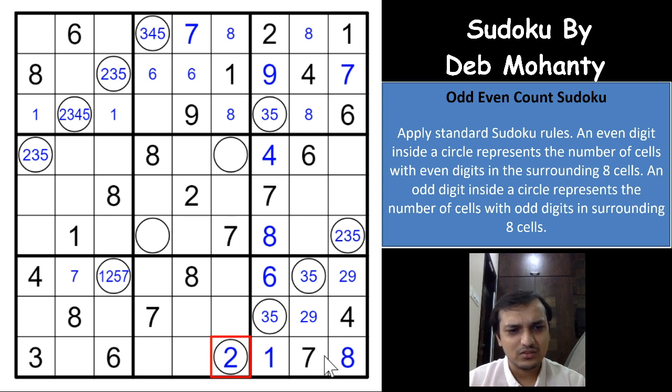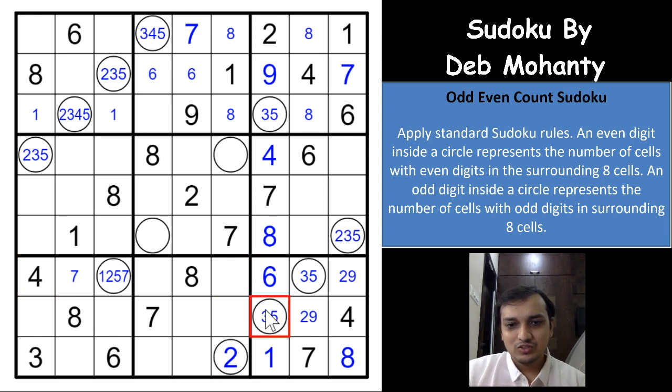do we get anything else? Both of these can be even. If we have a 3 here, we need to have only 3 odd digits here. You already have 1, 2, 3, which means this has to be even, which is 2. Both of these will have to be even, which is 6 and 4. Okay, 6 and 4 not possible. Excellent. Such a narrow logic, guys, such a narrow logic. We'll have to see each and every cell surrounding that circle cell, right?